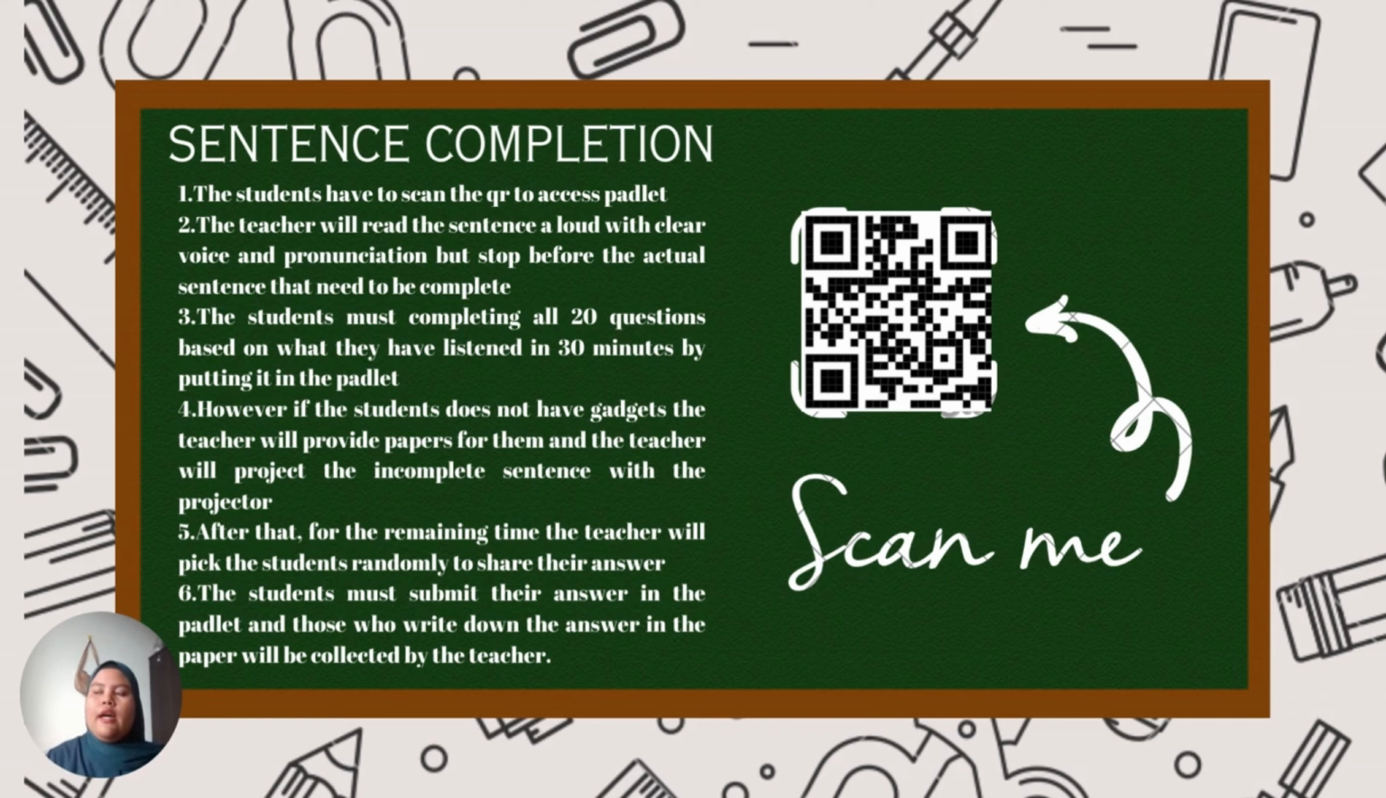And this kind of activity can make them discover new things. As in the instruction itself, the first thing the students have to do is scan the QR code to access their Padlet, and then the teacher will read the sentences aloud to give clear voice and pronunciation. The teacher will provide papers for them to answer the questions if they don't have gadgets. At the end of the activity, as it's an individual activity, the teacher will pick the students randomly